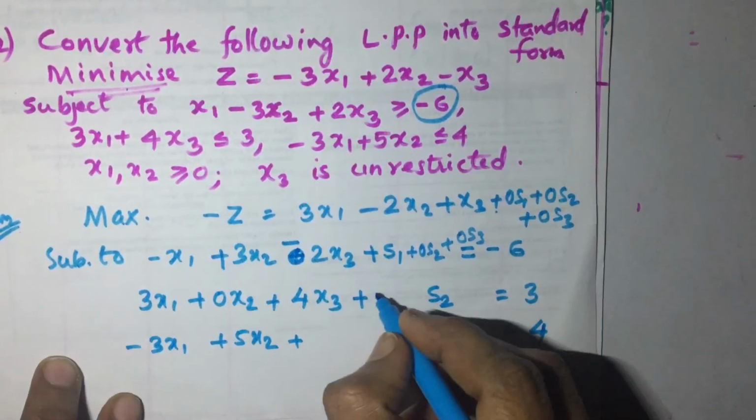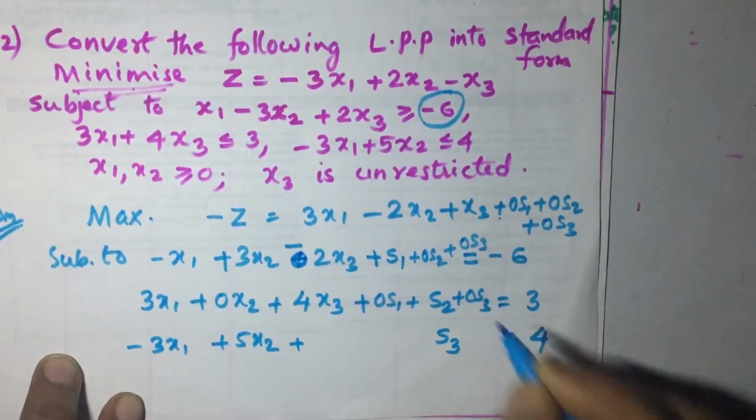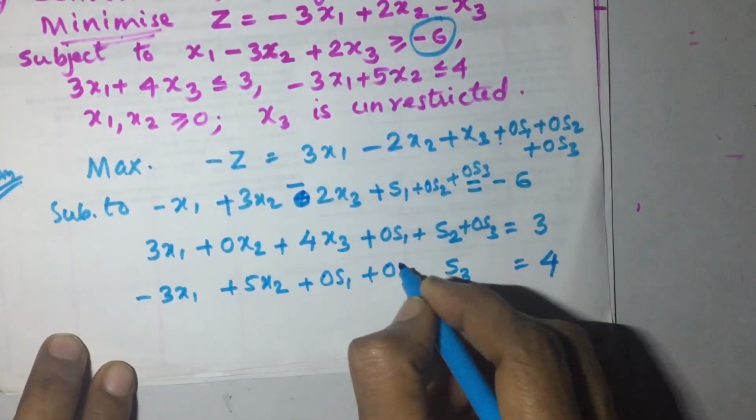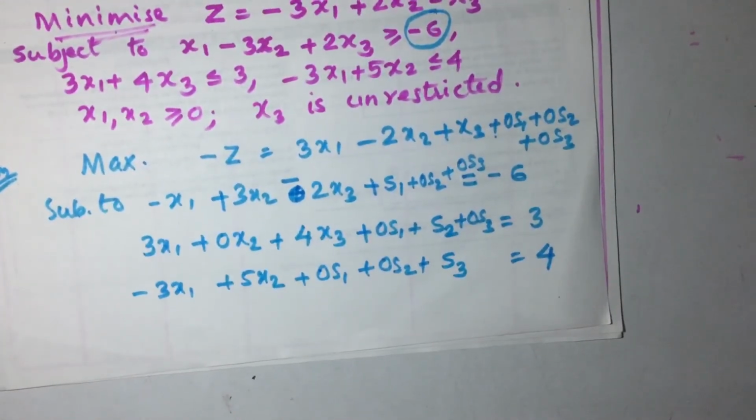Okay. And here 0 S1 plus S2 plus 0 S3, and here also 0 S1 plus 0 S2 plus S3 equal to 4. Now here again one more problem is there, that is here in the question if you